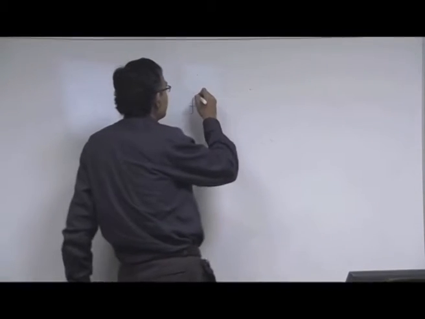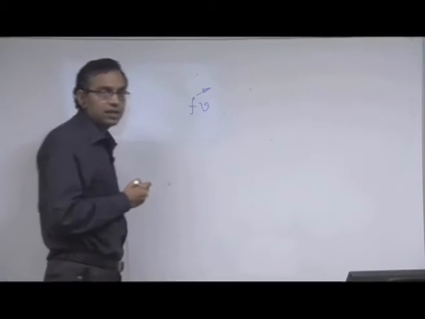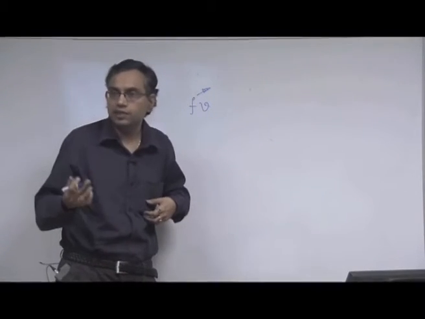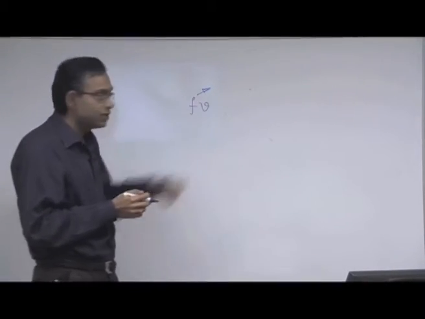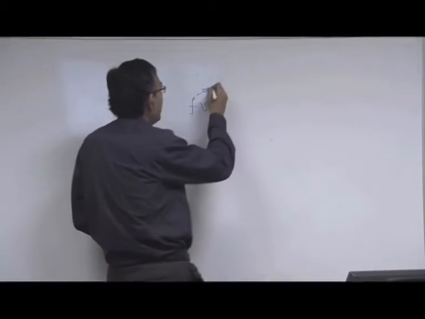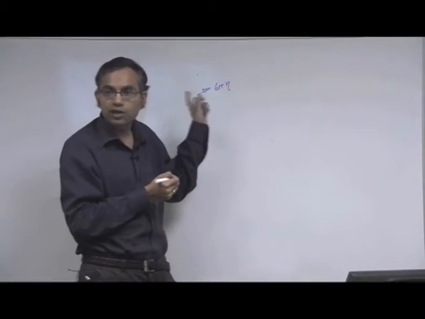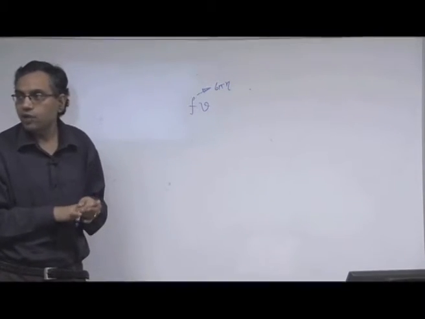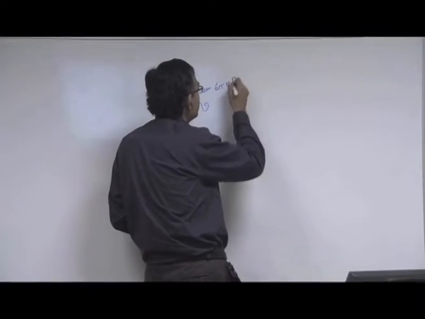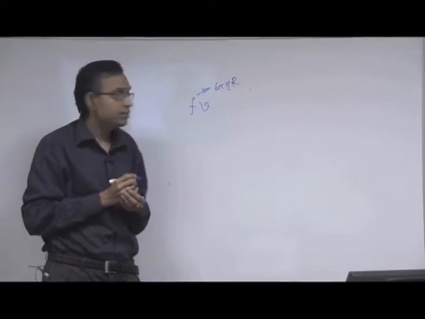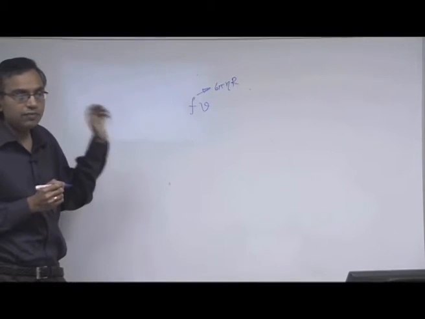The friction coefficient times the relative velocity. The friction coefficient can be derived by considering the Stokes law, for example, or some modification of the Stokes law. If the Stokes law is valid, then what is the expression for F? 6 pi, we will write viscosity as eta, because we have already used mu for chemical potential, just to avoid duplicacy of symbols, into the radius of the ion. Okay, so this F into V is the force.